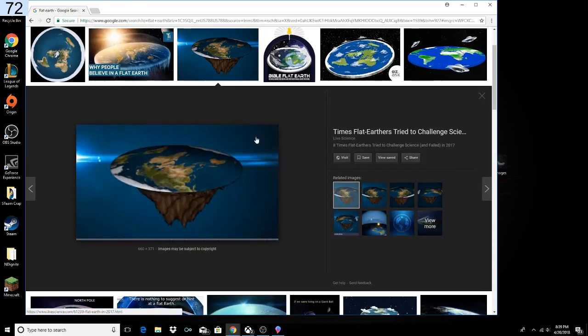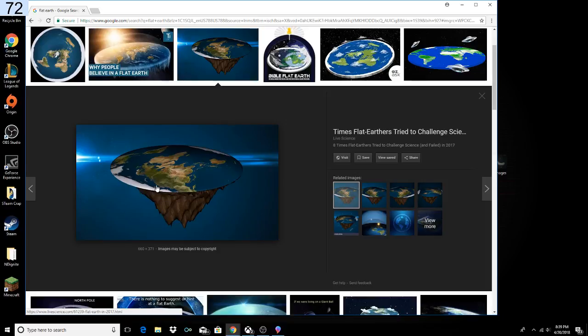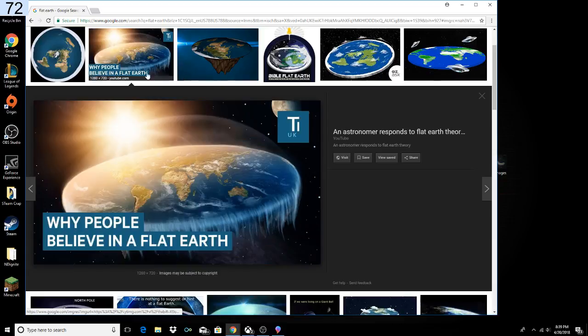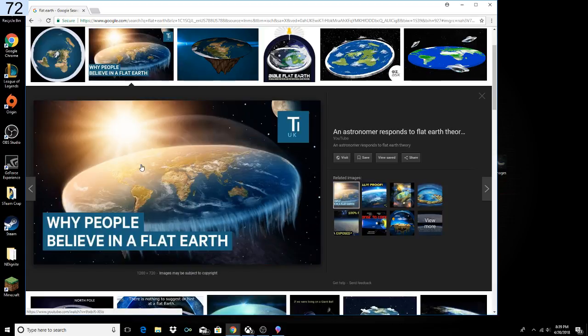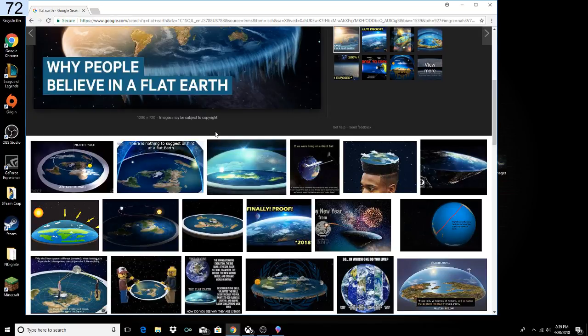Okay, look at this picture. This is pretty similar to what I think of as right, but actually, it doesn't have the ice wall. The ice wall is huge. Look at this. Ice wall. Now that's more like it. Okay, but now, what